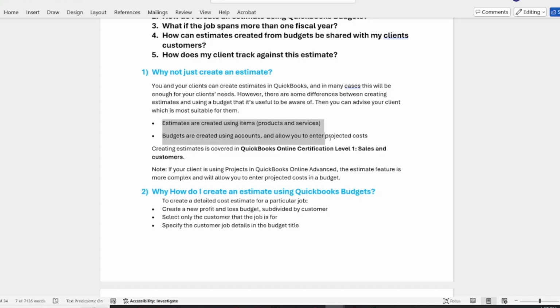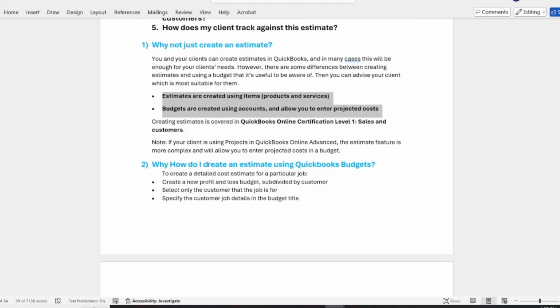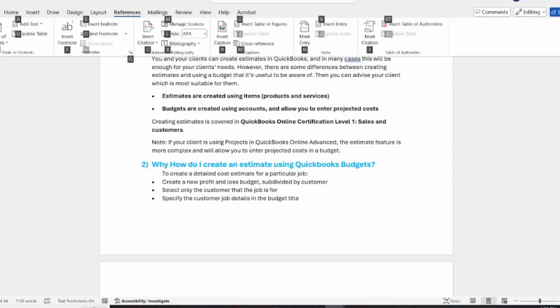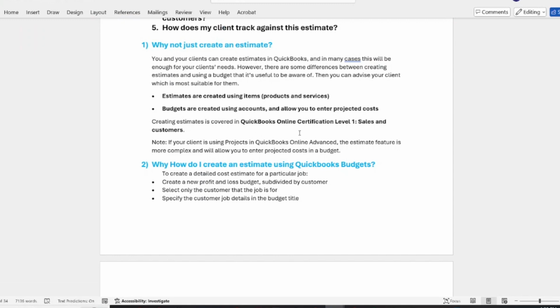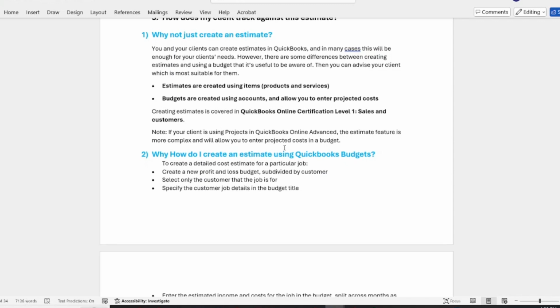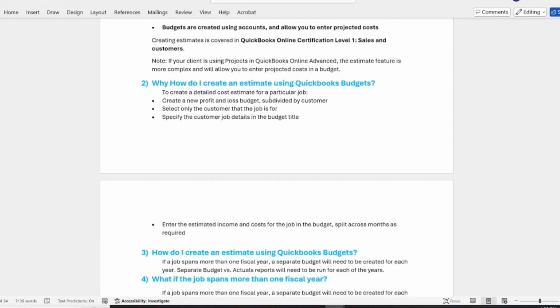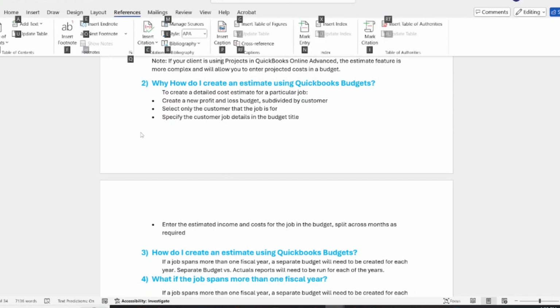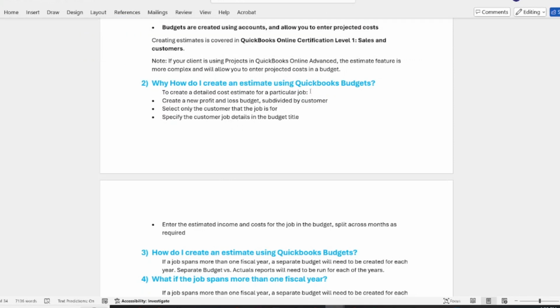Creating an estimate is covered in sales and customers, and if your client is using projects in the advanced version, the estimate is more complex, allowing you to enter project costs in the budget. How do I create an estimate using a QuickBooks budget? To create a detailed cost estimate for a particular job, create a new P&L budget subdivided by customers and select only the customer that the job is for, specify the customer job detail in the budget title, and enter the estimate income and cost for the job in that budget,